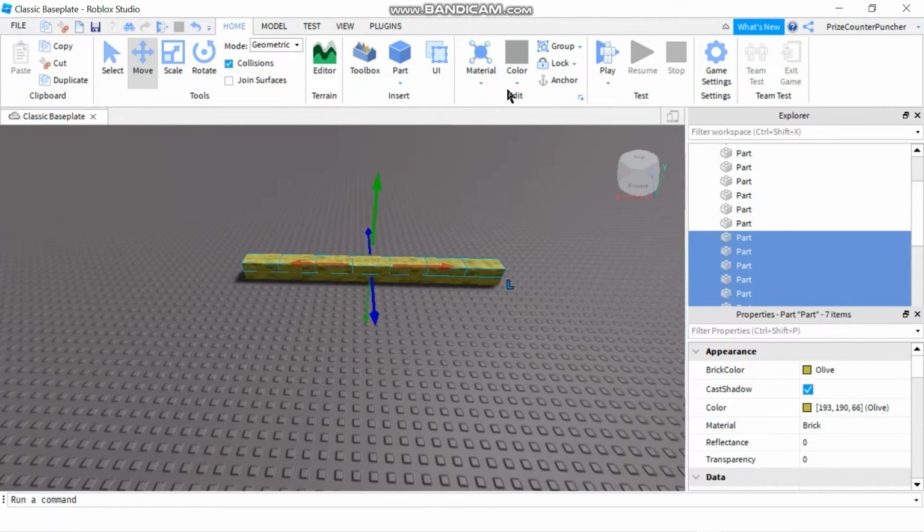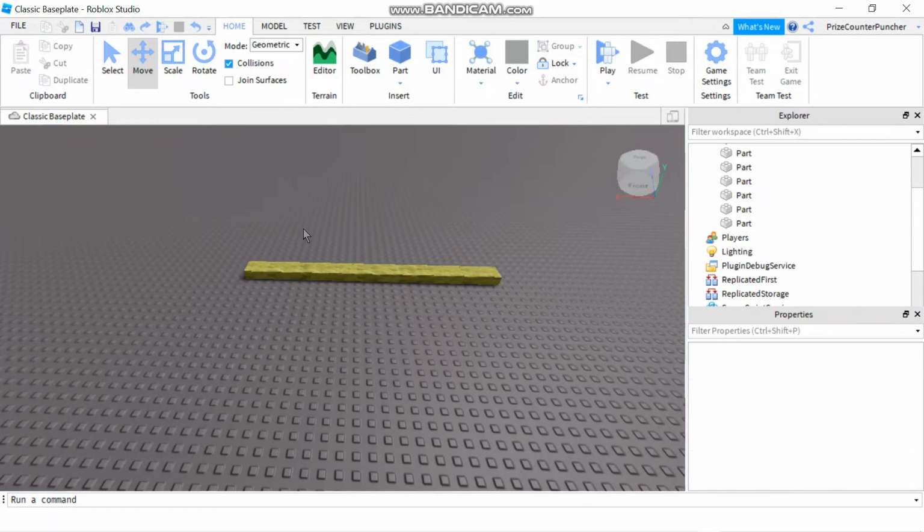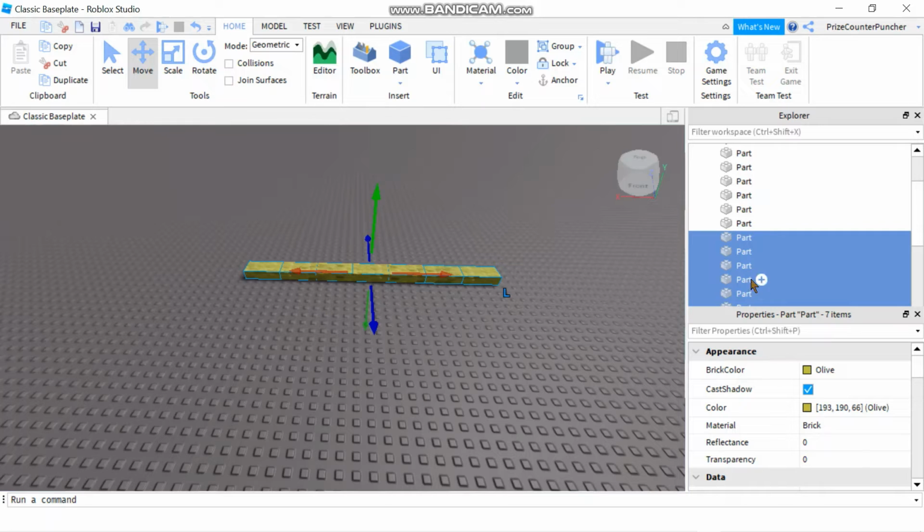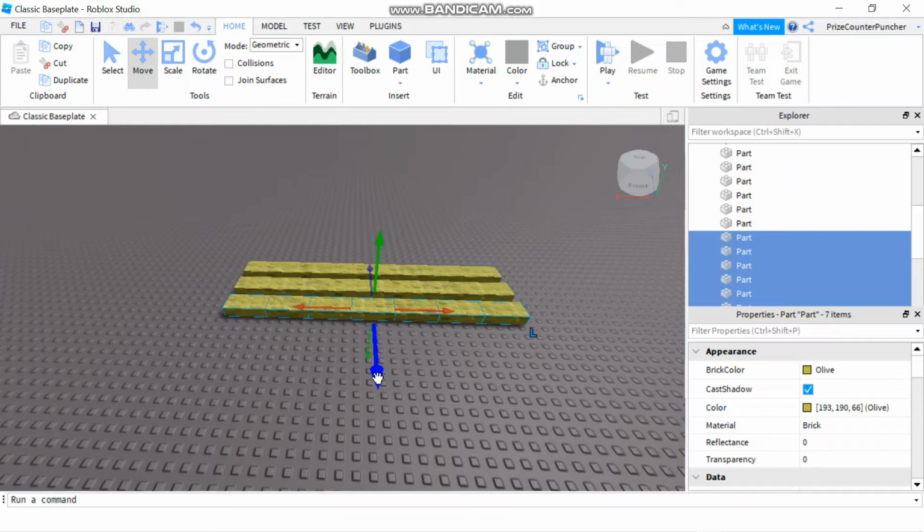So what I want to do is undo this. And I want to make sure my collision box is unchecked. And I'm going to select all these parts again. And I'm going to do Control D again to duplicate. And this time, you see, without the collisions, my new row is placed exactly where the original row is. So now I can move them out, right? And I'm gonna do Control D a couple more times,